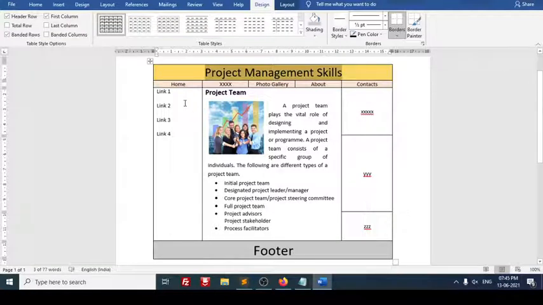Now you see in Word what I have done. I have taken one table. First I have made it a heading and merged it. Then this is my top menu, and this is my left window, or you can say the left card panel, the left section of the page. When I click on this, the content will come here. Similarly, on the right side I can have some content, and the footer. Usually header, footer and menus will repeat in every page. So this is how it goes.